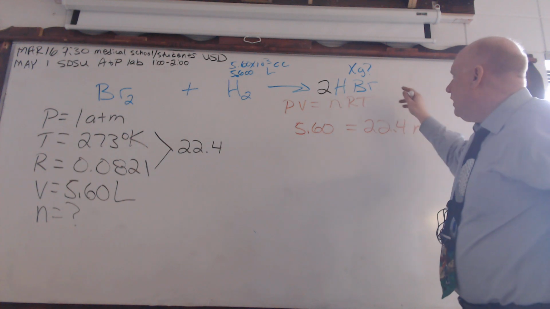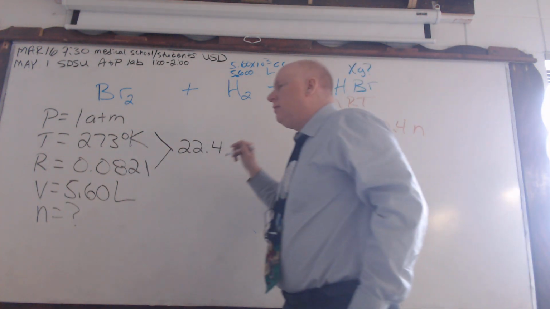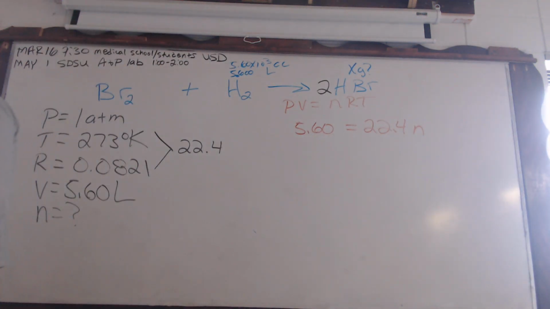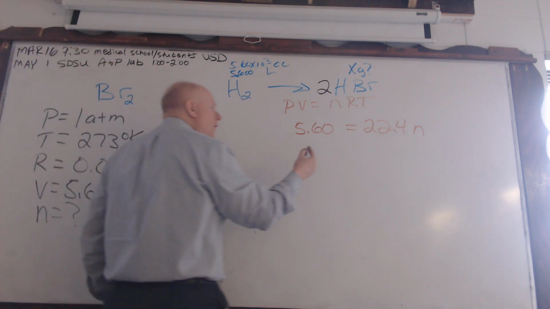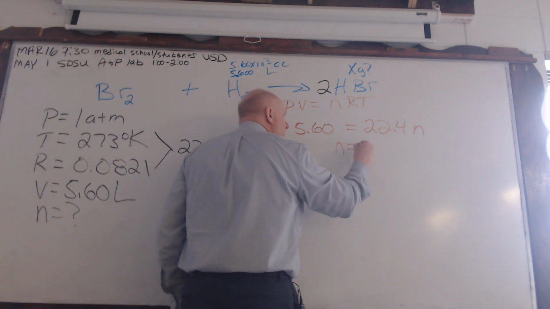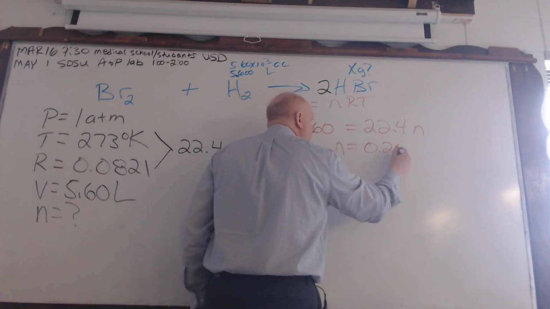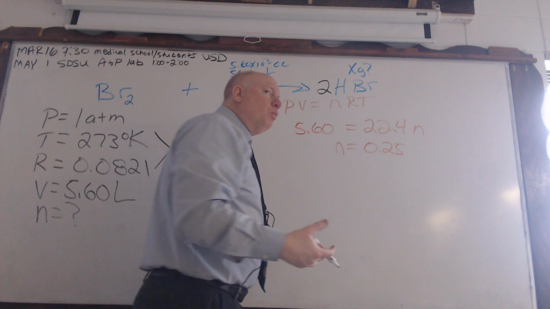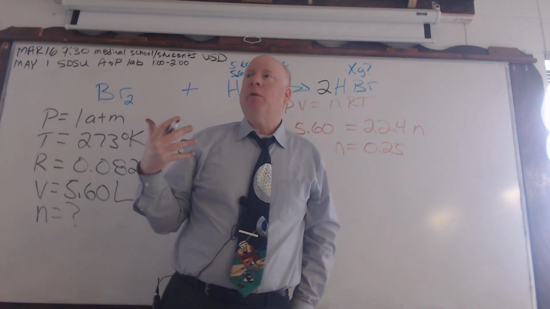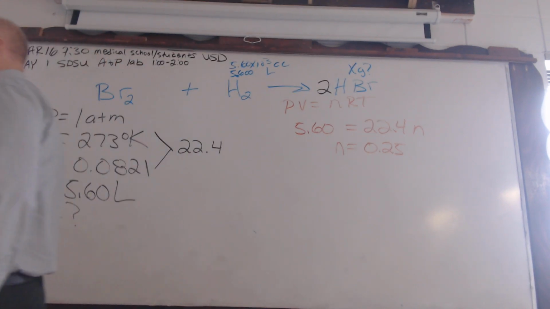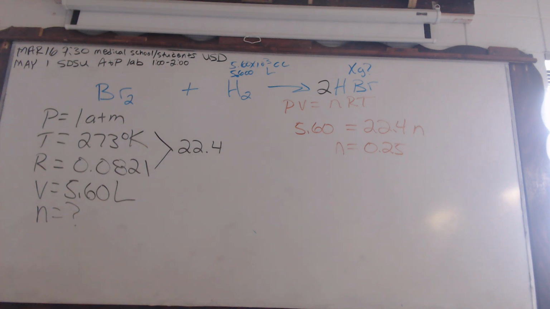So that means we've got to get n by itself now, which means use your algebraic skills. Dividing each side by 22.4, n is going to be what? Now, when you're doing this, I would suggest don't just write it like this, because if you get interrupted,